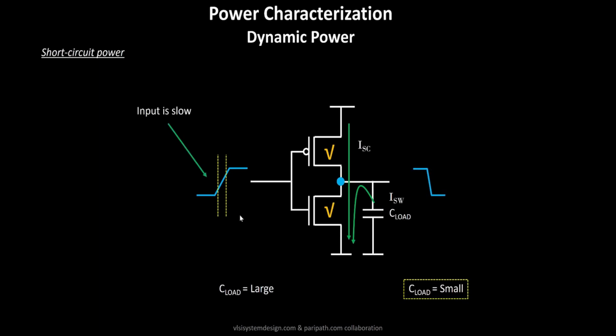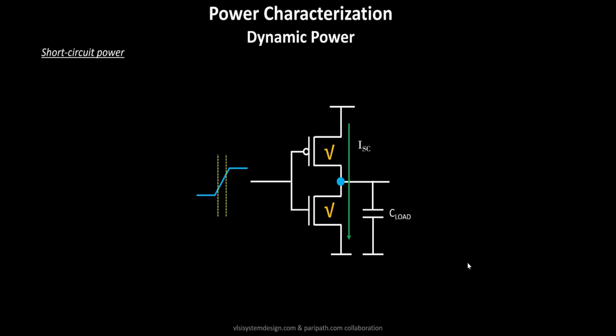So in this case, your input is slow compared to the output. The potential over here is VDD, but the potential over here, because of the fast changing output or the output load being too small, is 0 or close to 0. In this scenario, you will see the short circuit current at its maximum value. Now this makes things very clear. It tells us that the short circuit current is a function of your output load capacitance and the input slew, and that's a very important conclusion that we need to make here.